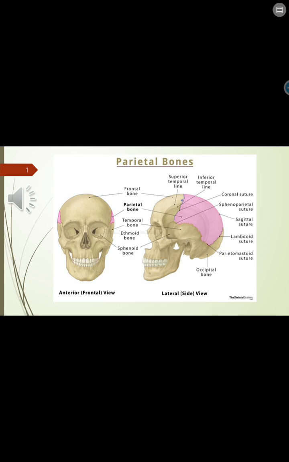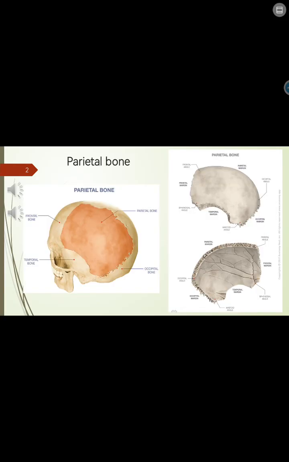This bone is a simple bone that you can imagine easily and learn very fast. Okay, as I said, this bone